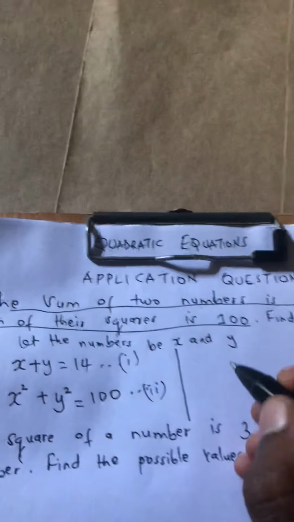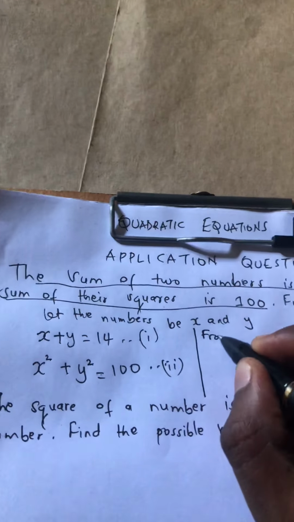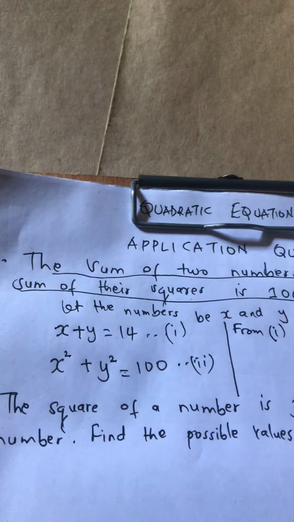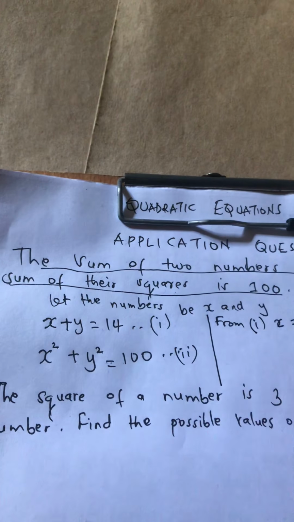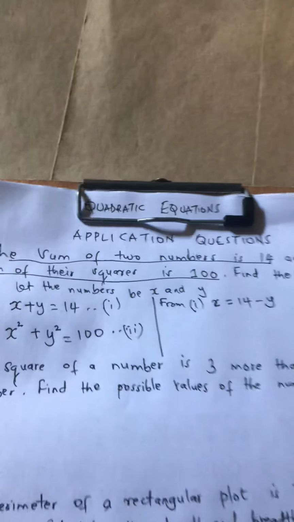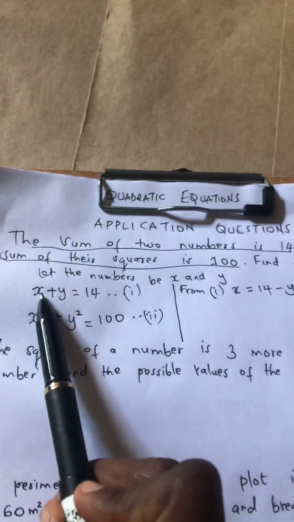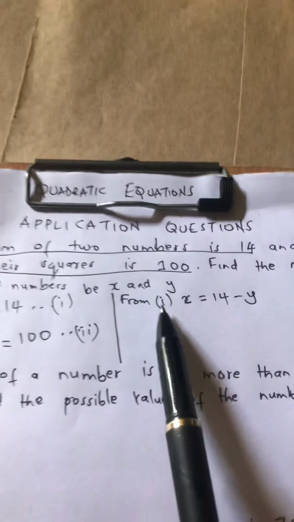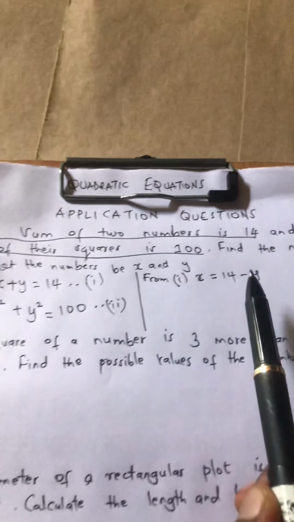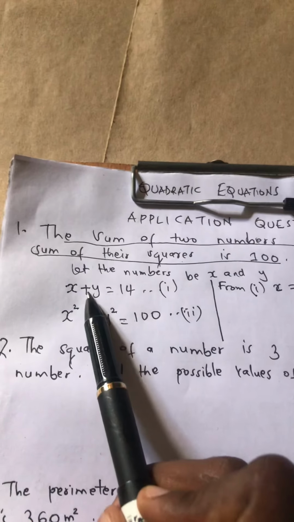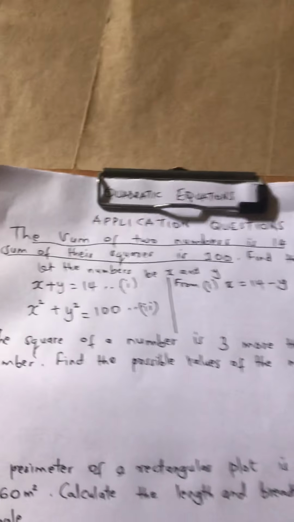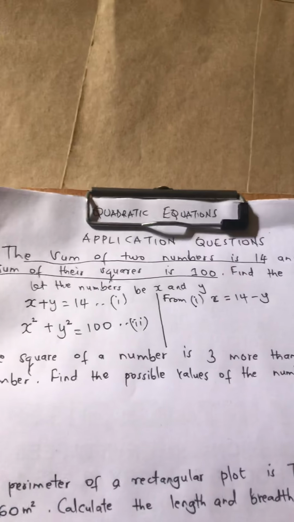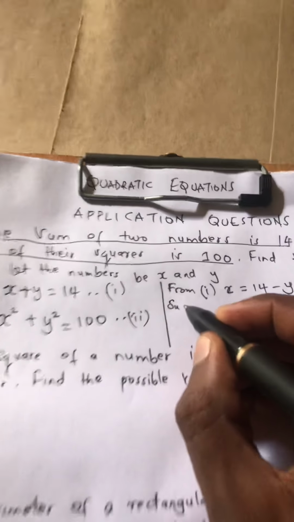So what you do from there, unasema from equation 1, we can still say that x is equals to 14 minus y. I hope unaona. Nimerewrite x plus y is equals to 14 into x is equals to 14 minus y. That is, napeleka hii y huku inakuwa 14 minus y. And then the next thing that you do, you substitute